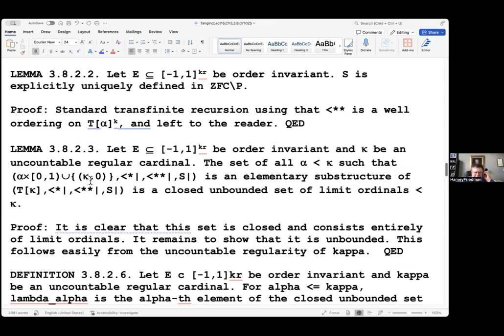So when is this an elementary substructure? See, it has no gaps, but it does have this top point. You see, you can't get an elementary substructure without having the top point. But you can have the top point and have various things underneath. Okay, so you look at the set of all alphas such that this is an elementary substructure, and that's closed unbounded. It's a closed unbounded set of limit ordinals less than kappa. All right. And that's pretty straightforward, standard stuff.